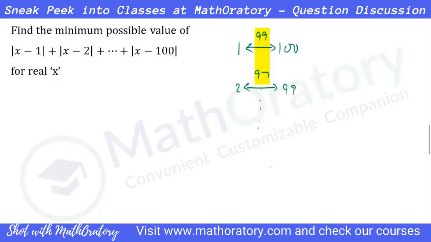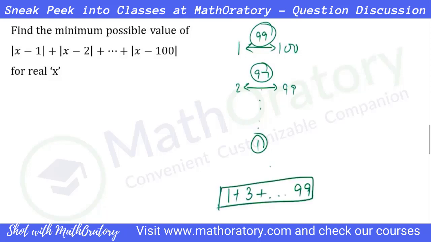I can definitely say that somewhere or other it has to hit 1. So the total should be 99 plus 97 up to 1, right? As I said, it doesn't matter where it hits. So 1 plus 3 plus all of this up to 99, that will be the total sum here. Now, these are all the odd numbers from 1 to 99. So that's an AP series. For an AP series, the average is the average of the first term and the last term. So the average of 1 and 99 will be 50.